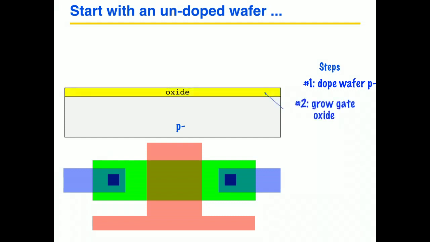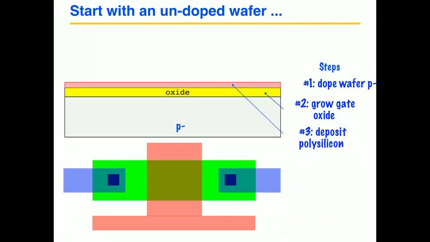Then we can grow an oxide on here. You'll see what the purpose of the oxide is in a minute. And oxide is like rust. It's an oxidation process. If you take this wafer, the silicon, and put it in the presence of oxygen and heat it up, a silicon dioxide layer will grow on it. And we can control how thick it is by the concentration of oxygen in the oven, how long it's in the oven, and at what temperature. So there's a recipe for doing this. The fabricators have figured this out, and they have a particular formula that they use. So they grow an oxide of a particular thickness, and then